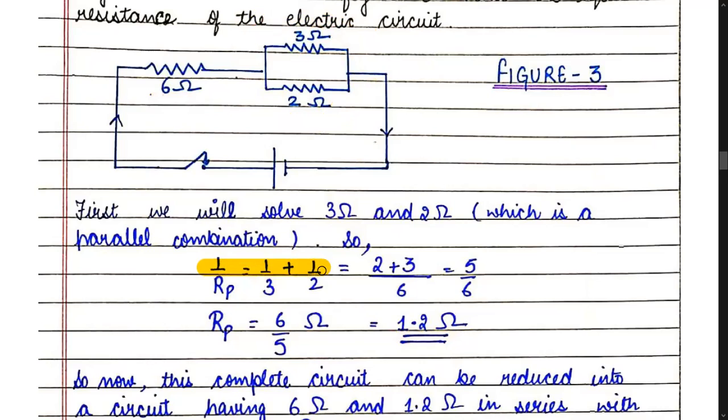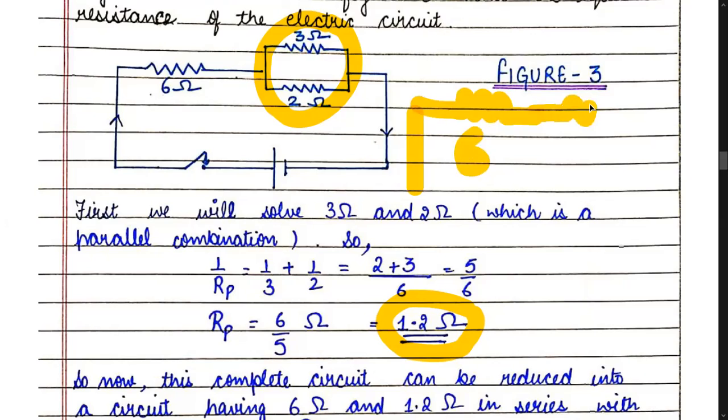1 by Rp is equal to 1 by 3 plus 1 by 2, which is equal to 5 by 6, and then you take the reciprocal. So Rp will be 6 by 5 ohms, which is equal to 1.2 ohms. Now students, this 3 and 2 ohms combination can be replaced by 1.2 ohms. So it means that basically we are having a 6 ohms resistance which is connected to